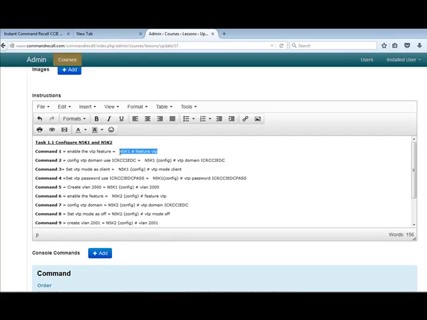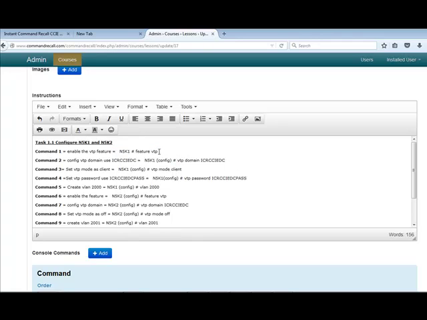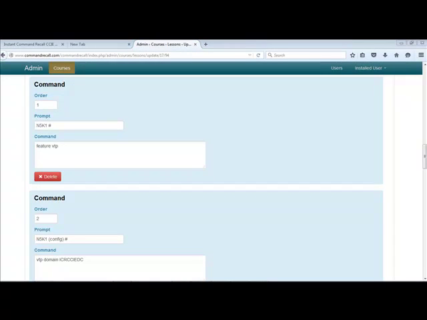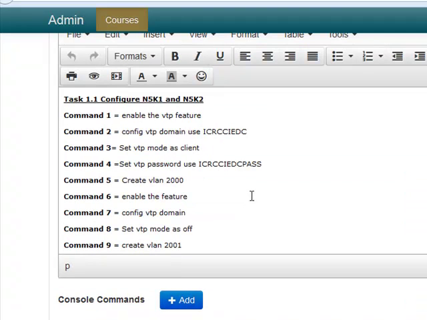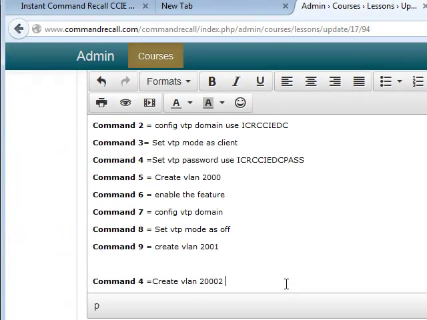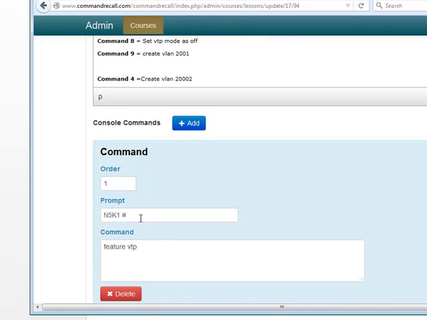What we want to do is cut that piece out there, and to do cut is Control X, and then Control V to paste, and then simply follow that same process every single time. Just Control X, Control V down into the prompt box,